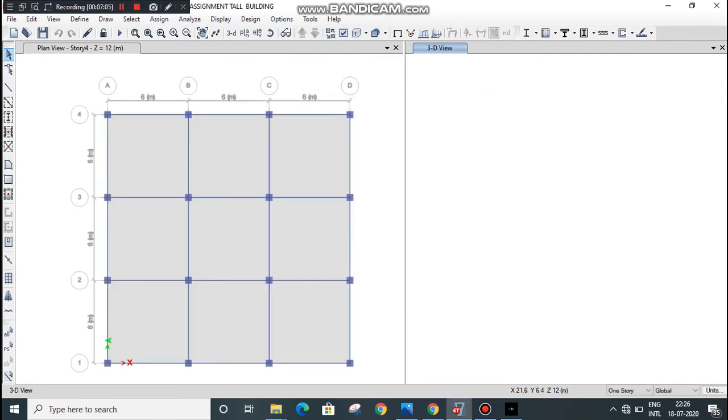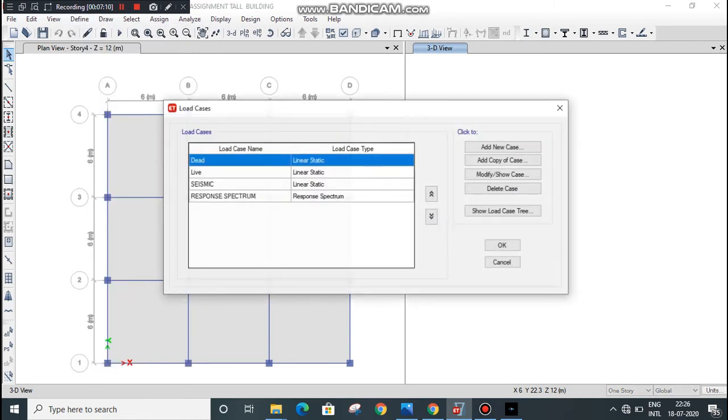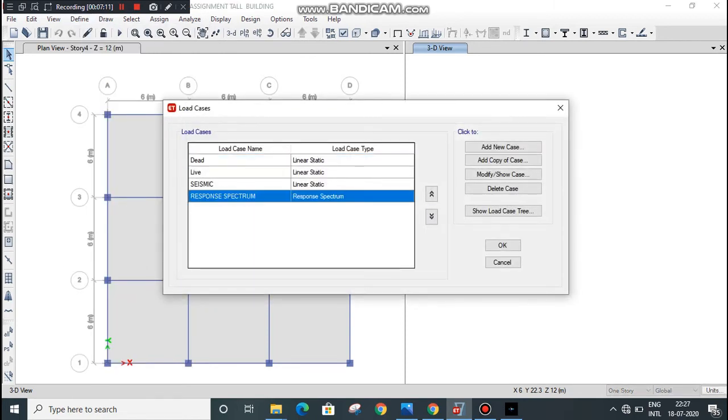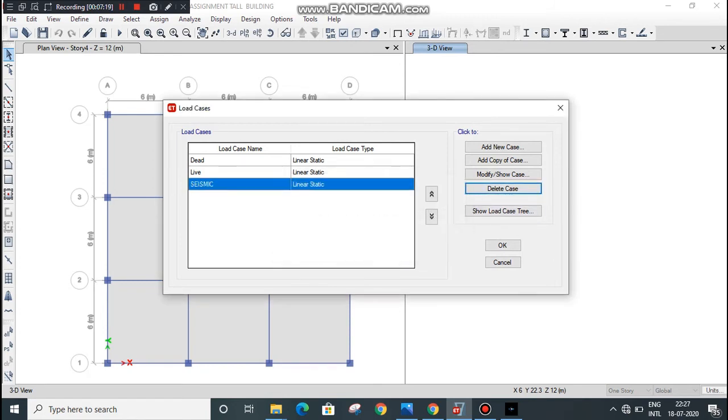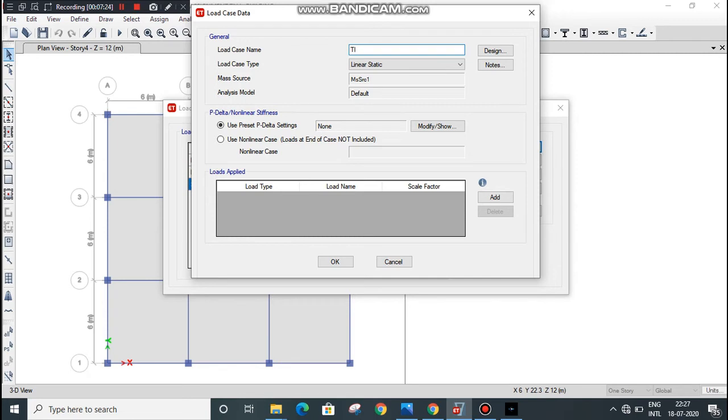Again click on OK. Now go to define menu. Click on load cases. Delete response spectrum. And click on add new case. Time history. Load case type time history. Click on add new. Load pattern as acceleration. Load type as time.